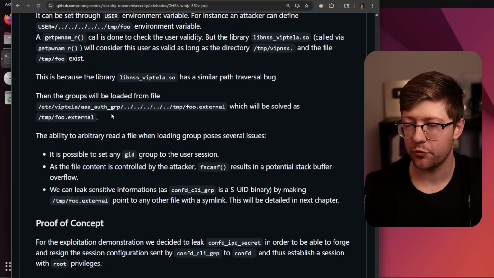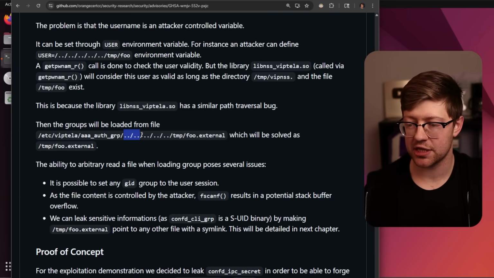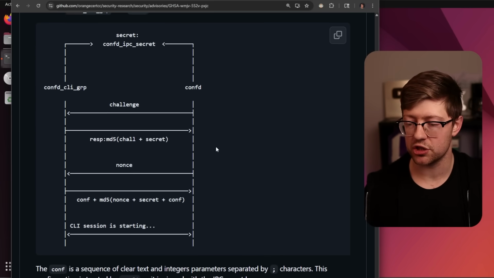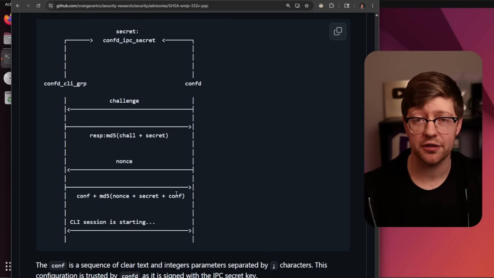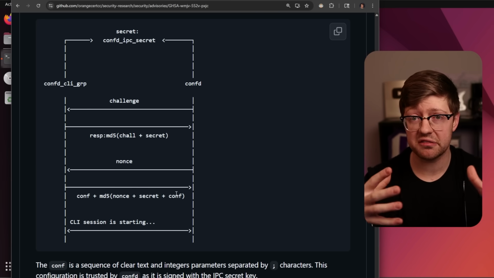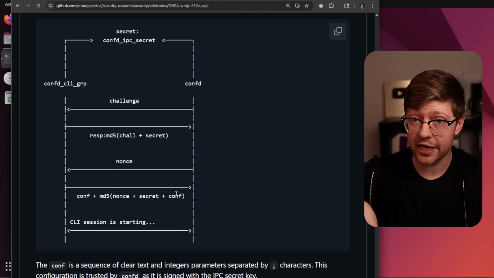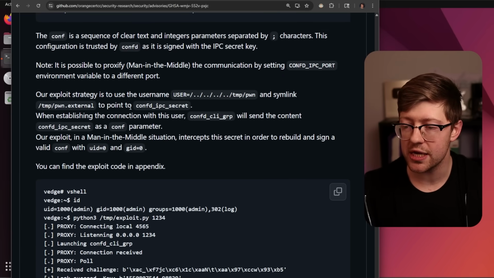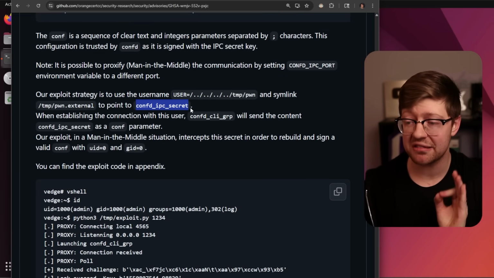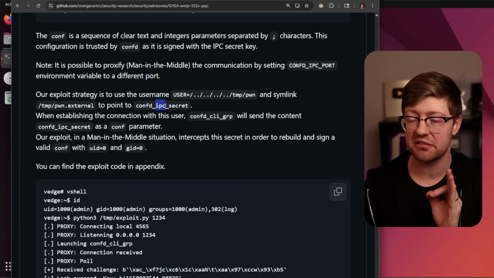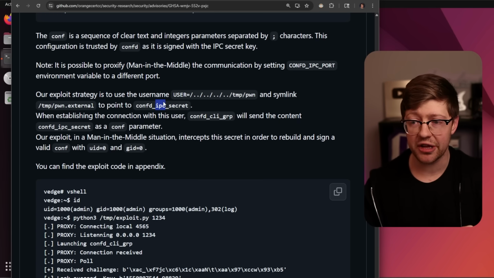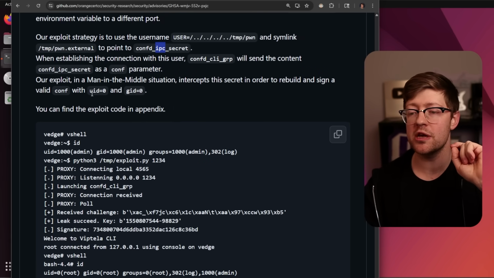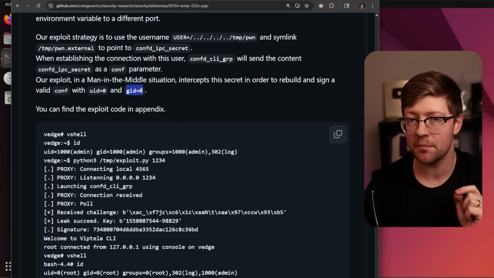Well, what if we made our username ////// temp foo external, which they were able to do and prove they could read arbitrary files off the vCenter system. It's authenticated right now, but with a low privilege user. What they were able to do is read the confd IPC secret, IPC being inter-process communication, and they could use this to sign IPC requests that then said, oh, by the way, can we do this as UID0, GID0, which